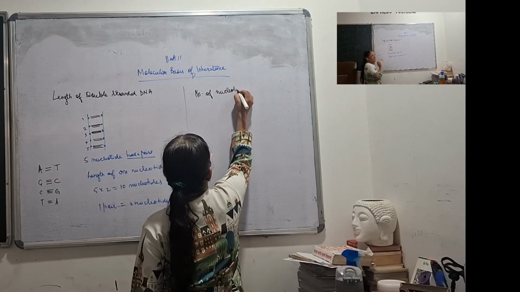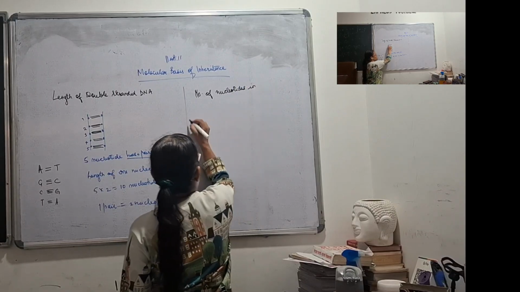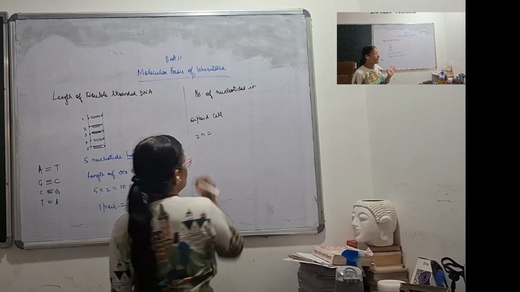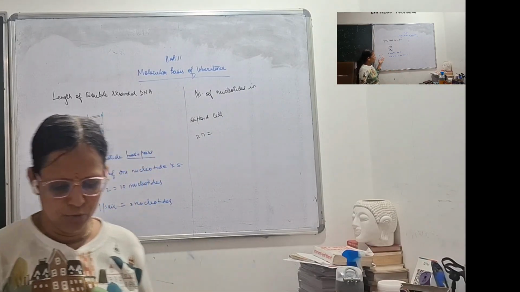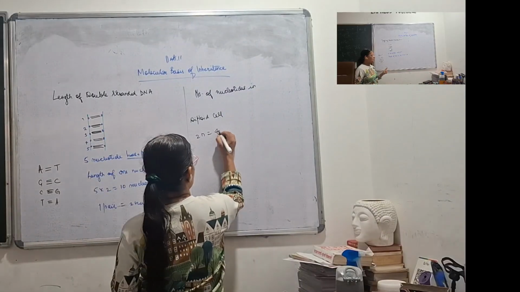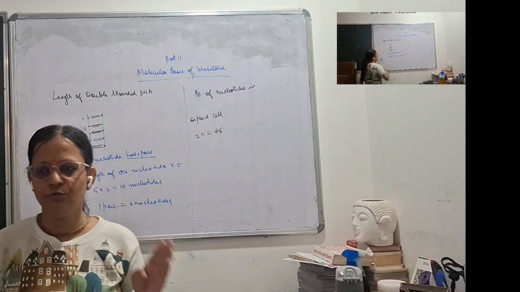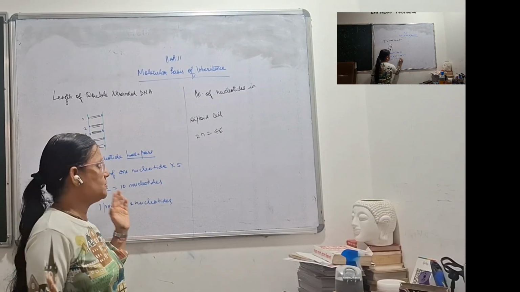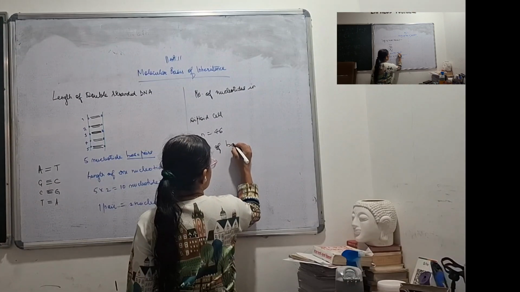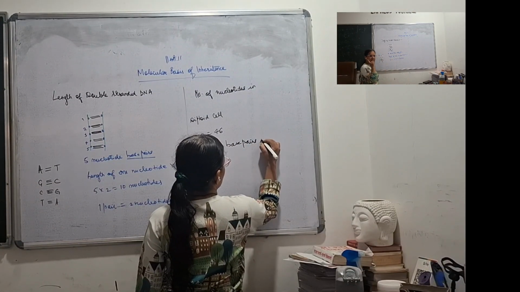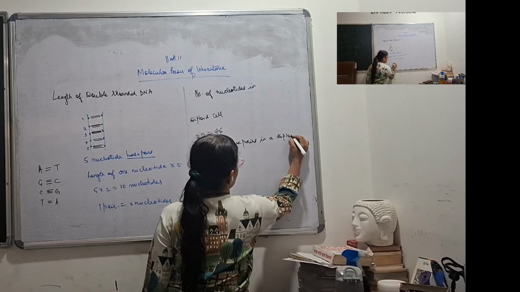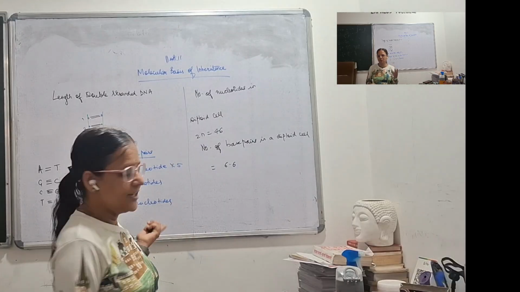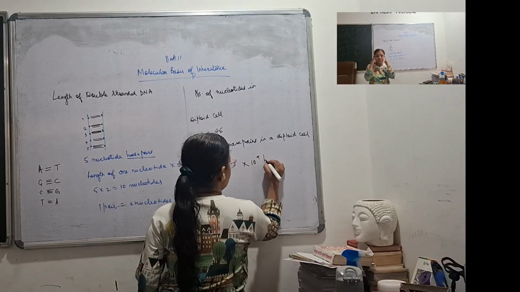Now let us see the number of nucleotides in diploid cell and haploid cell. Okay. Diploid cell and haploid cell. First let us take diploid cell. Now we all know that diploid meaning 2n number of chromosomes. So in humans, if you are considering, we know that 2n is equal to 46. Now the number of nucleotides, it has been calculated. Okay, this all has been calculated that number of base pairs in a diploid cell is how much? 6.6 into 10 raised to 9 base pairs.